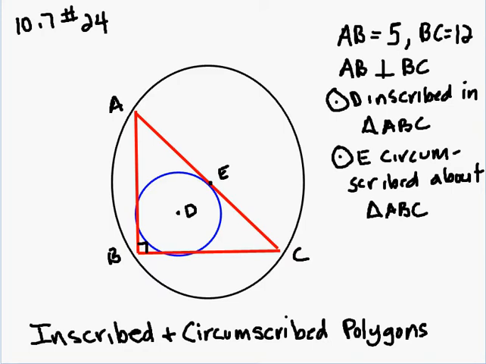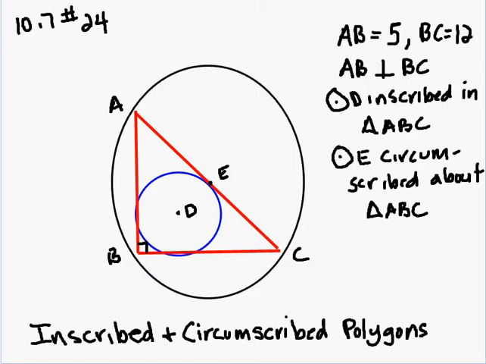In this lesson from chapter 10.7, we're going to talk about several problems that involved inscribed and circumscribed polygons. In this problem, we have a circle that's inscribed in a right triangle, and also another circle that's circumscribed about the right triangle. We know that AB is equal to 5, BC is equal to 12, and that AB is